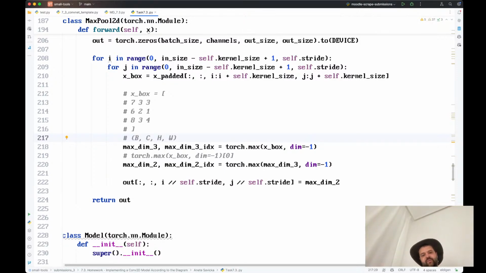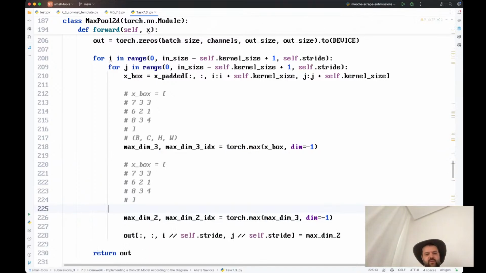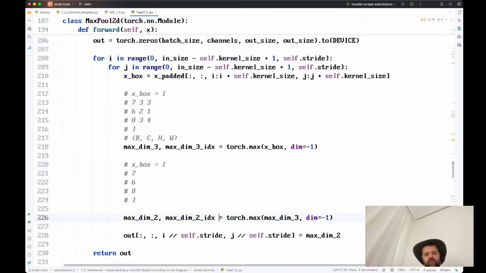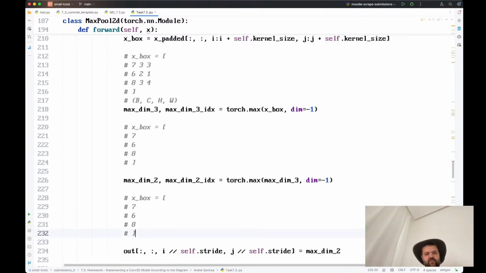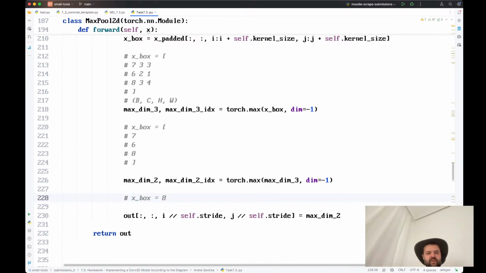So then what it means now, so we are now eliminating the column values. After this function, what we will get here will be the max value from the column. This is 7, 6, 8. So this is that, and then the last one is eliminating the rows, and now the output will be just 8 basically. So this is the max dim, and then this 8 is placed inside the cell as the maximum value from